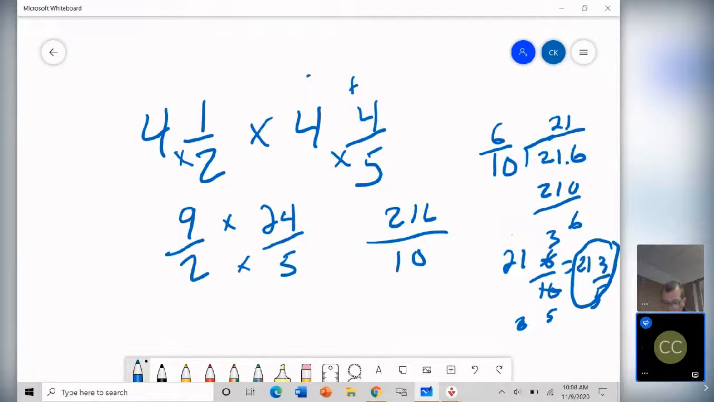Okay, so let's go and work on a couple of division problems, which is going to be, when we convert the numbers, it's going to be the exact same thing, but then we're going to use the reciprocal. So